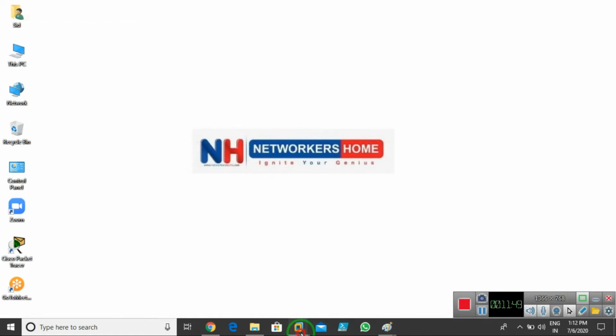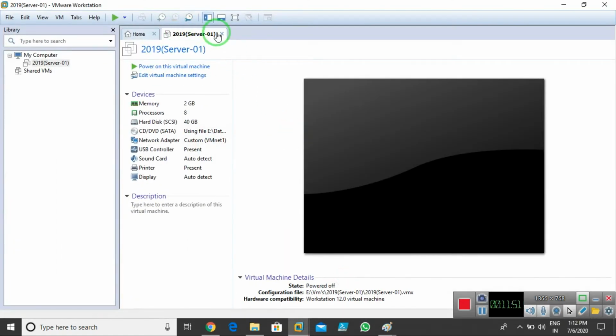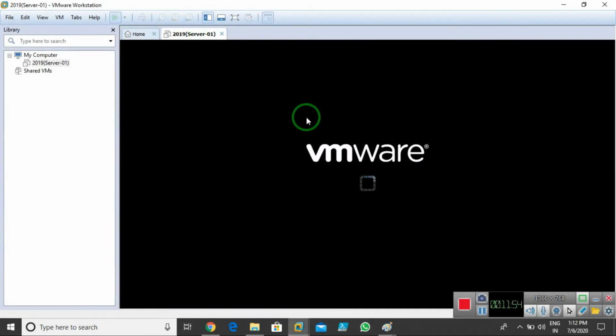So we have, okay, this is my Server 2019. I just powered on this machine.